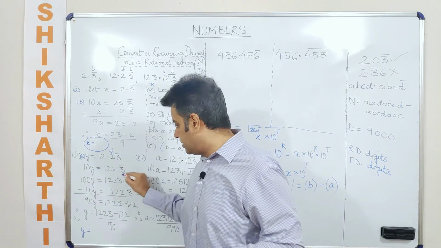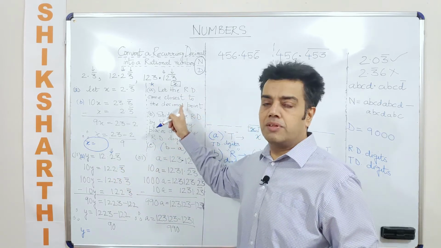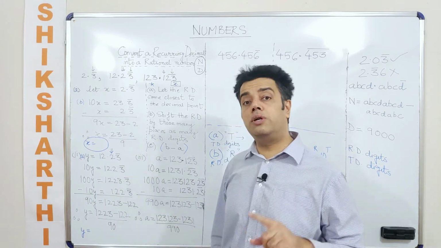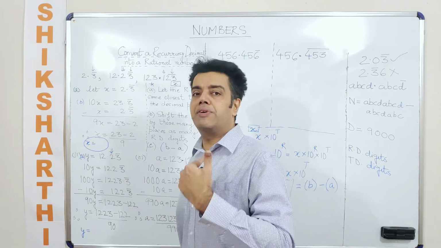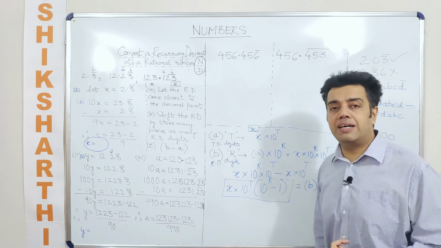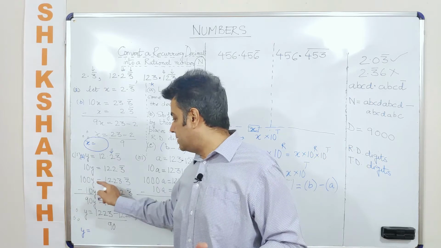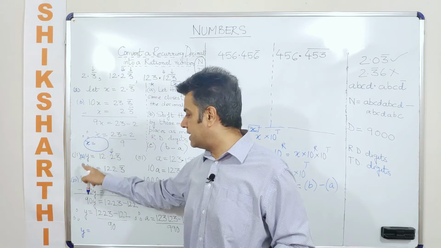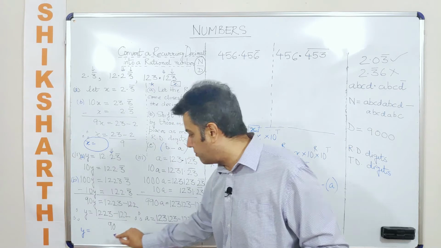Now you bring the recurring decimal digit closest to the decimal point, which is what we have done. Once you have taken care of this, now count the number of recurring decimal digits, which is only 1. So now further you multiply this with 10 to the power r. Incidentally, the value of 10 to the power r here is what? 1. So we do the same, and once you have taken care of the b part, then you are supposed to subtract a from b. Once you do this, you are able to get this form of a fraction.